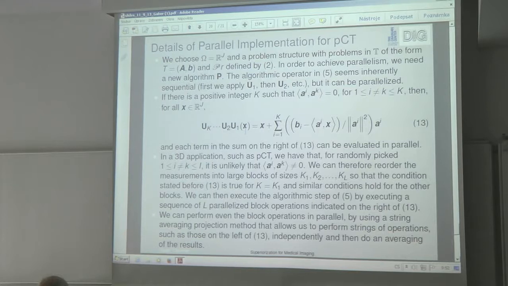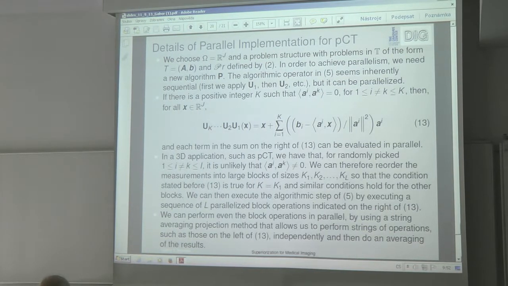And so you can describe this whole thing as X plus, this whole thing is parallel now, not sequential. And so if you break up your huge data set of billions and billions of measurements in such a way that in any subset, for any two measurements, the inner product of the rows of the system matrix is 0, then you can automatically parallelize it according to this